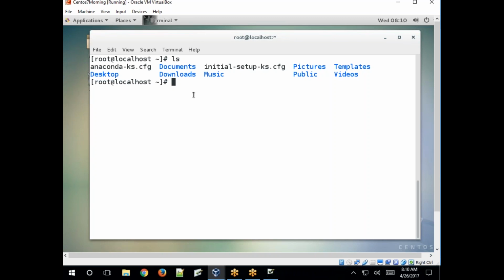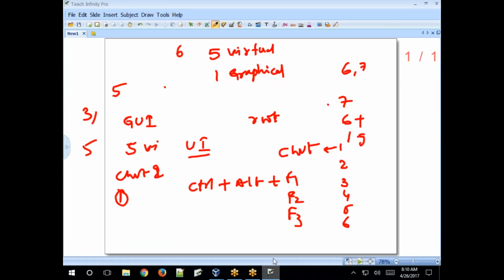ls is the command to list files and directories on your Linux system. So this is the root user account home directory. Now log in with the root user account. The root user account home directory is /root. That is what we discussed, right? The file system structure. The file system structure is like a tree structure. The top level directory starts like this. I'll show you that once again.